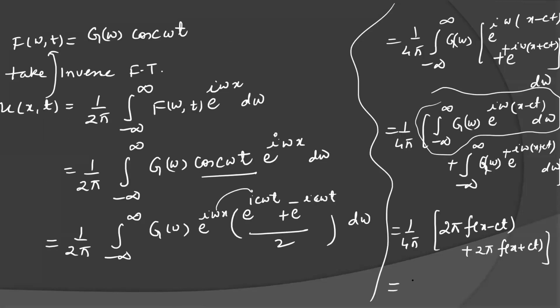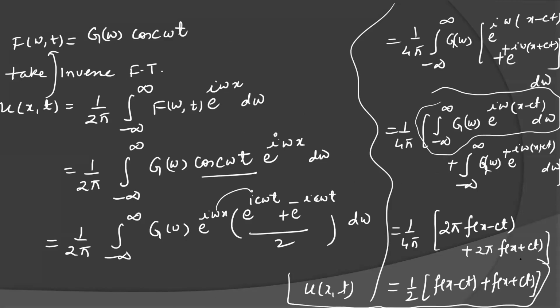If you divide by 2π in 1/4π, it is 1/2 [f(x−ct) + f(x+ct)]. So you have a very beautiful solution for these given conditions of the wave equation: 1/2 [f(x−ct) + f(x+ct)]. f(x) will be given in the question to you. c you can compare; c will also be given. You can compare the value of c squared, find c and put it directly in this solution. So this is the solution of the given wave equation.